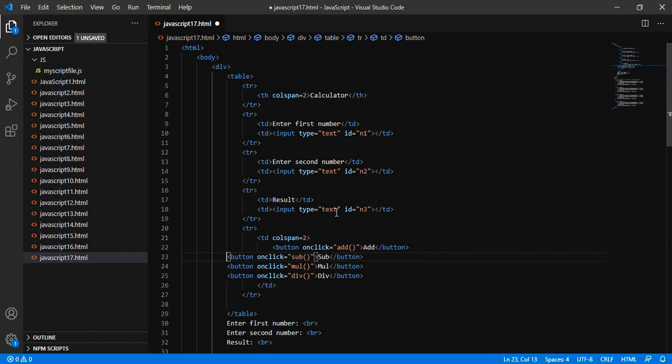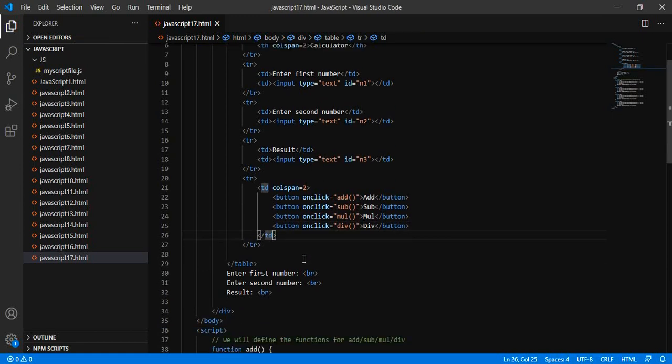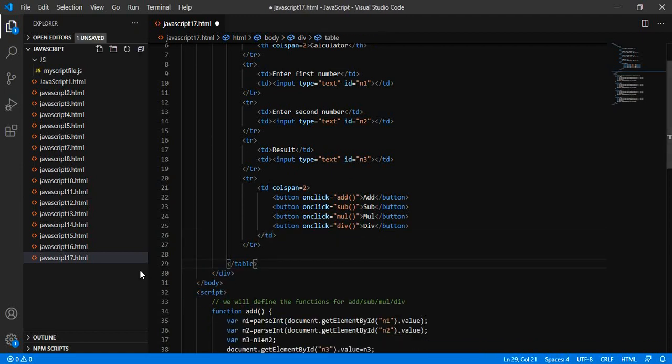Let me align them properly. Now I'm saving the file and just deleting. There is no use for these elements.